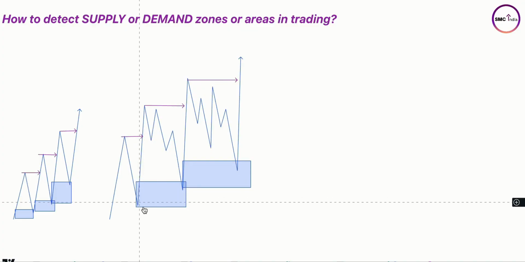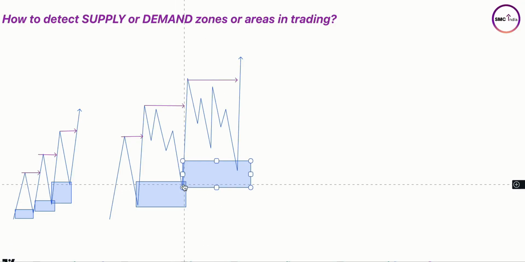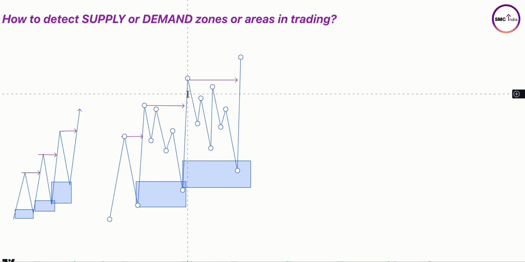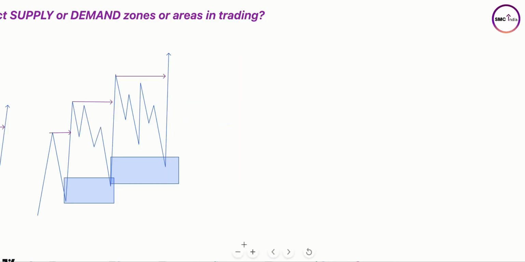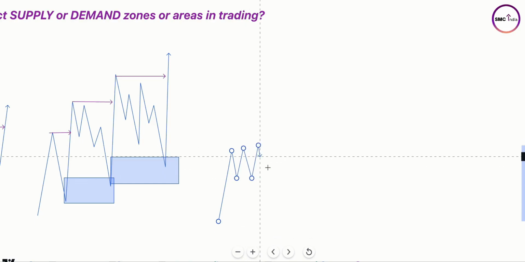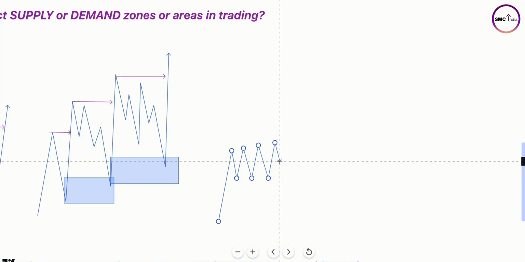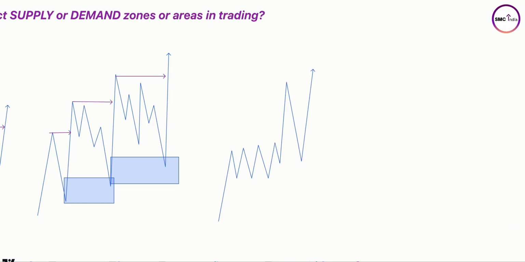So these are proper demand zones where the traders or the banks or the institution put their buy orders and move the market to the upside. These are demand zones. It might also happen that the price moves up, consolidates like this, and then the price shoots up, again comes back to this demand zone, and then shoots up again. So in this range of consolidation, it creates demand, then the price shoots up, and again the price comes back to this demand zone, again shoots up, and this way the market is clearly showing that the demand zone is